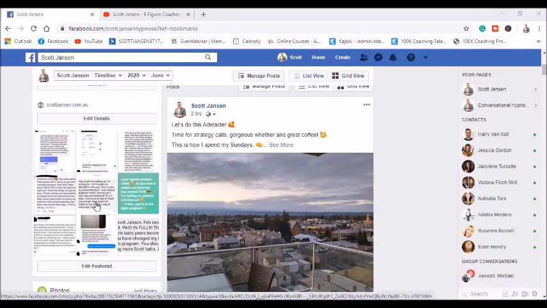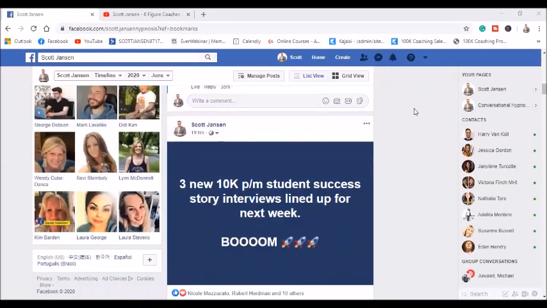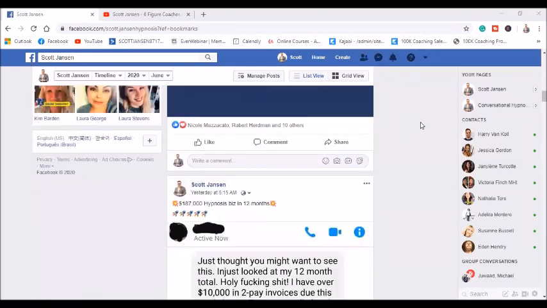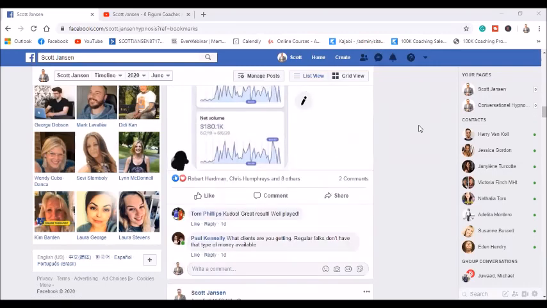It's very raw and straight to the point. I advise my students to let me know about the income and the number of clients they're getting, and these are all just taken from screenshots from our private Facebook group. But as you can see, if you scroll down, it's really not a lot to do with me. I'm talking about some more interviews we have coming up with our success students. There's one of our students doing $187,000 in 12 months. So again, talking about her success.